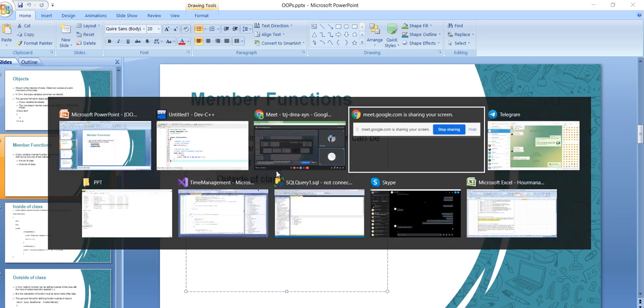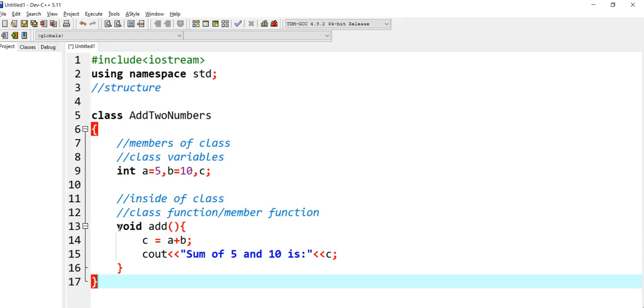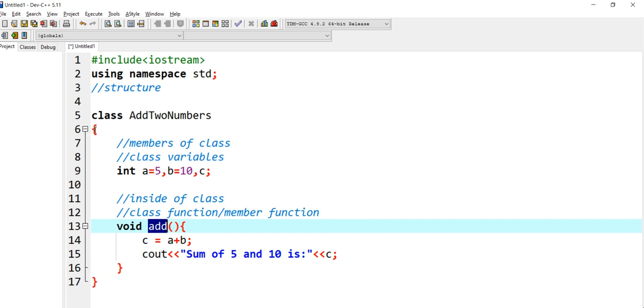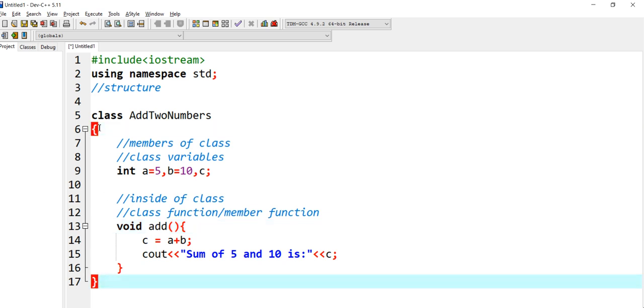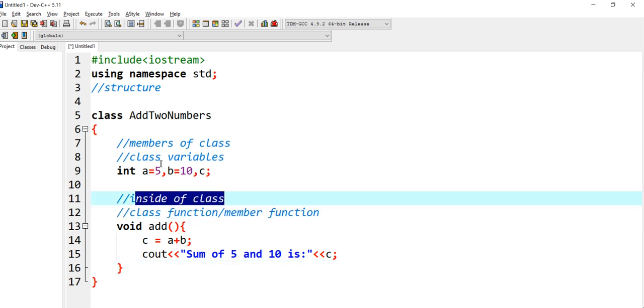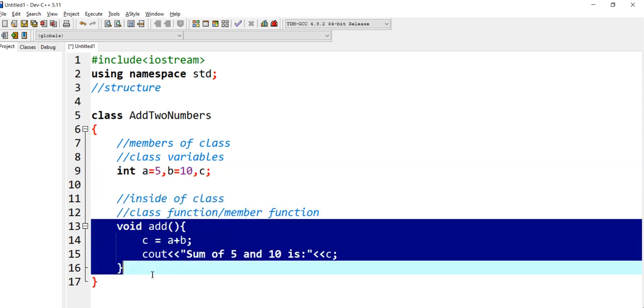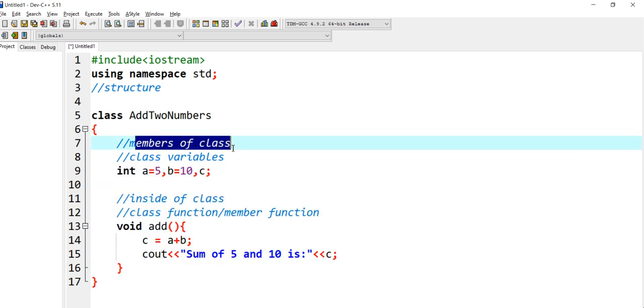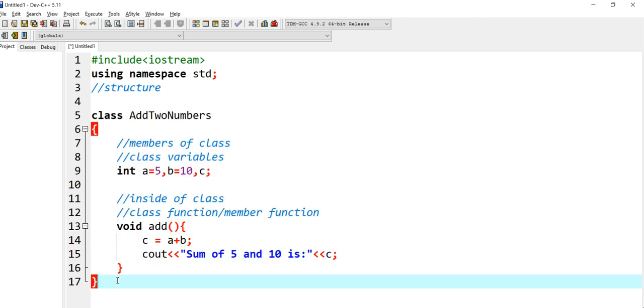So is this inside or outside a class? Obviously this is inside the class because I have declared this function inside this class, right? These members and functions combined are known as members of the class. Now my class is completed.